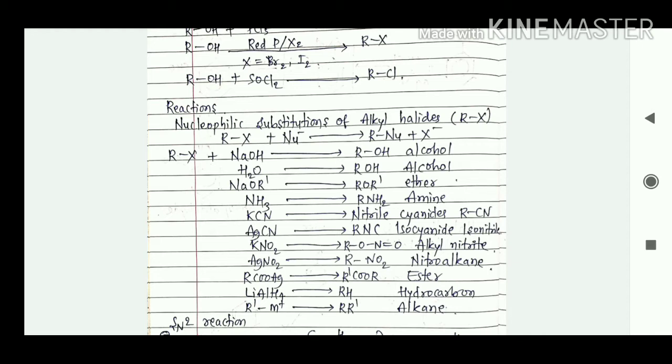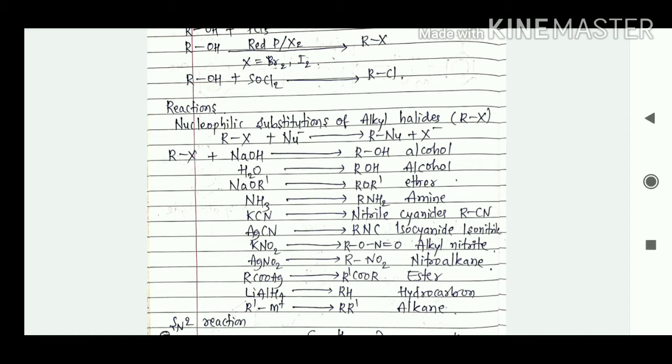KCN, here we are going to get the nitrile, the product is RCN. Like that, AgCN, here we are going to get RNC, this is isocyanide, also called isonitrile.